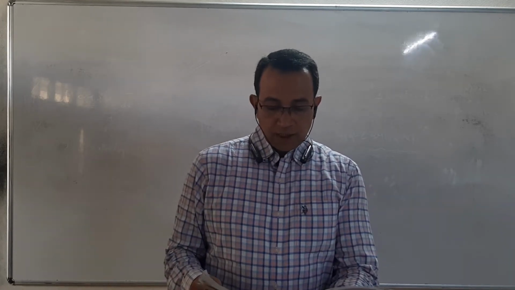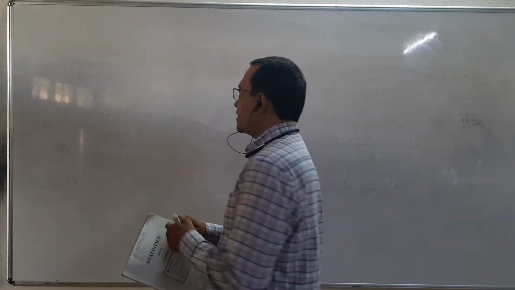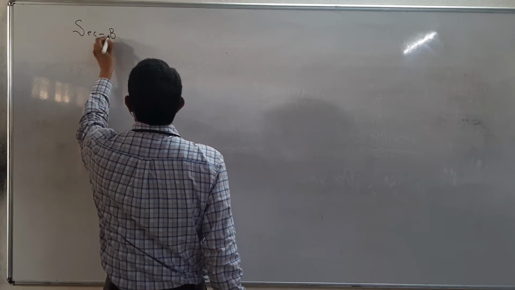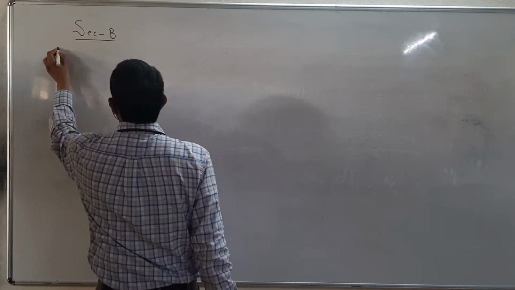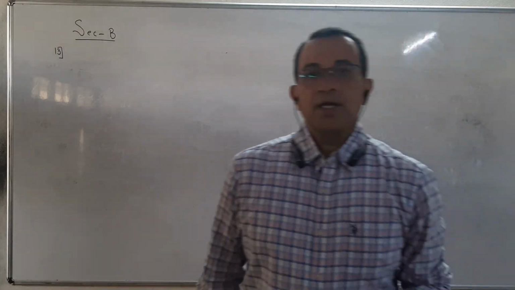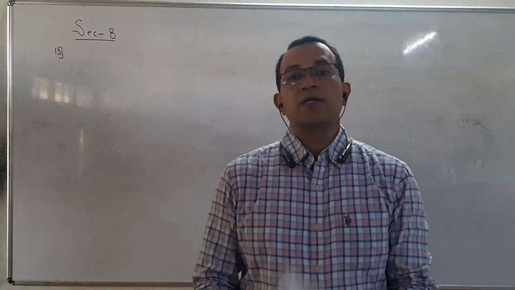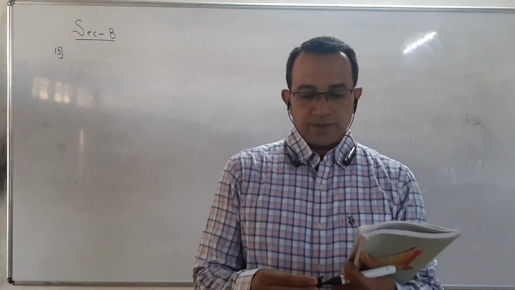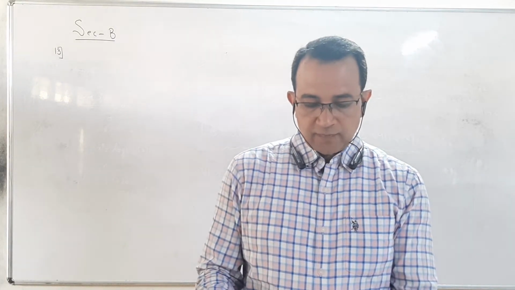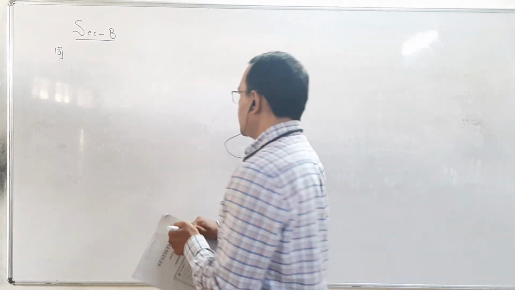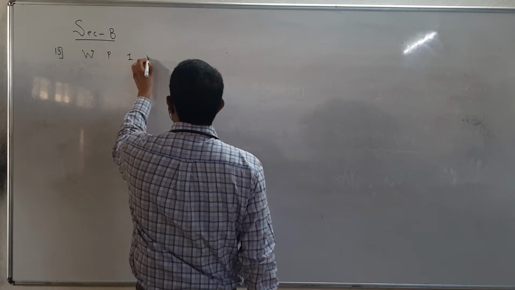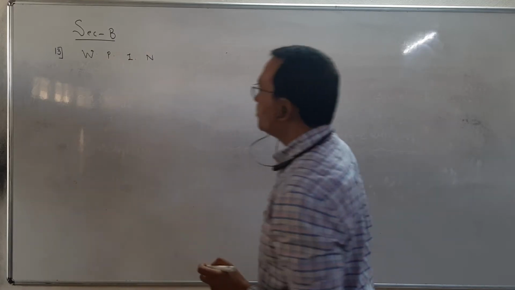Now, we start with the 13th question of section B, students, and that question is very important. Section B, sum number 13. Which index number is used to find rate of inflation? The answer is WPI, Wholesale Price Index Number, WPIN,